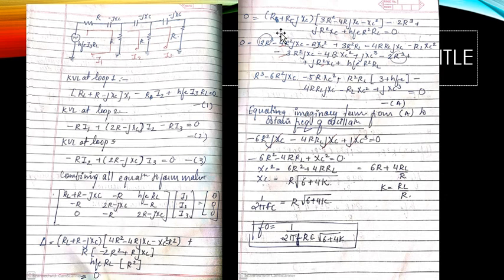Next, as written over here, we need to open the brackets also, so RL will be multiplied by this entire bracket. Once RL is multiplied by the entire bracket, we are going to get the expressions like this. Okay, so by equating, that is, by separating the real terms and imaginary terms, the imaginary terms will give this expression: minus 6R square JXC minus 4R RL JXC plus JXC cube is equal to 0.